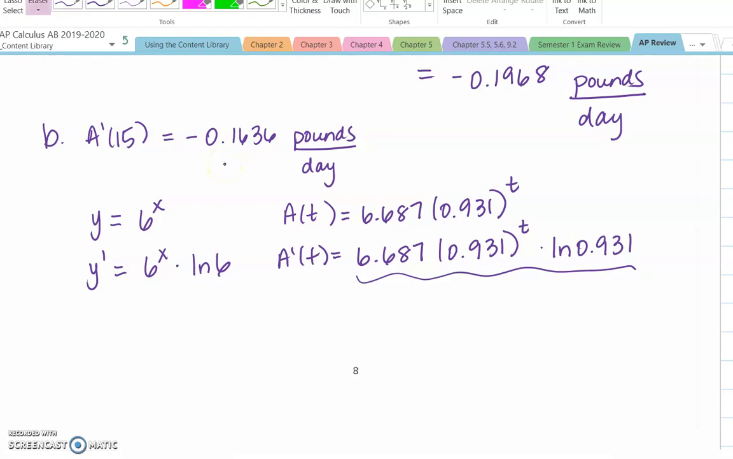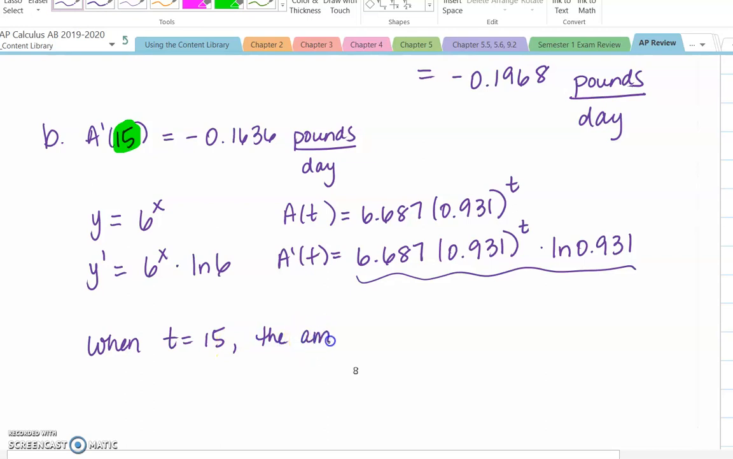The next part of the problem is to interpret the meaning of the value. And I think this is something that you really need to remember anytime you're writing the meaning, is that this is talking about the derivative at a very specific day. And the function might be changing differently on a different day. So I would begin your sentence by saying, when t equals 15, or on the 15th day,